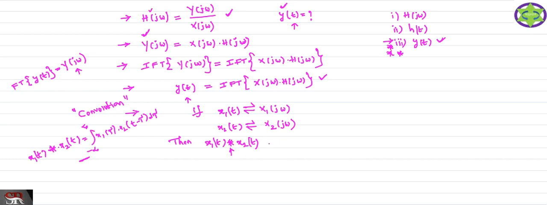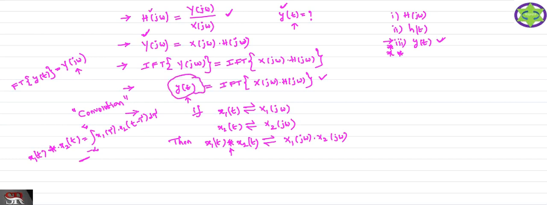Now the convolution property states that if you apply the Fourier transform to the convolution of the two signals, what is the result we will get? We will get the multiplication of the two signals in the frequency domain. That is the property of convolution in the case of the Fourier transform. So you just recollect the convolution property to find your output y of t.